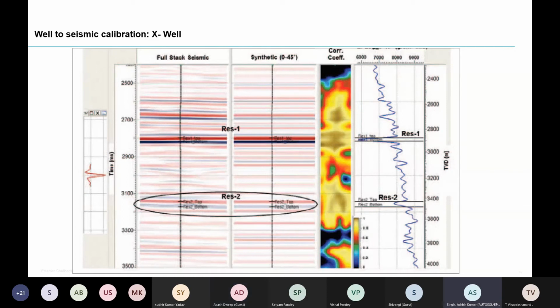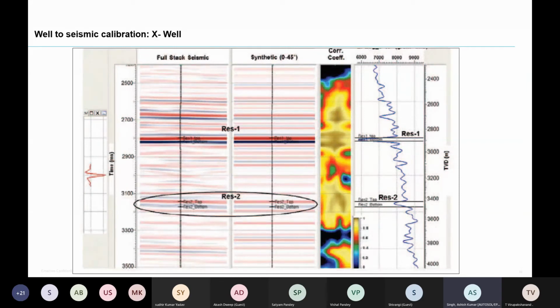Let us understand it in a layman way. Suppose you have purchased a watch, and it is not set to the right time. Suppose you have purchased it now and it is now 6:10, so you have to calibrate that watch to 6:10. In seismic data, your log is in the depth domain and your seismic is in the time domain. So you use the wavelet and generate the synthetic, and you are basically assigning the events in depth and in time. This is calibration using the well to seismic tie.